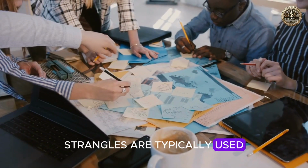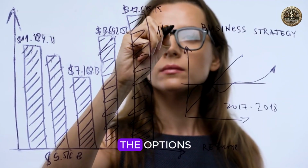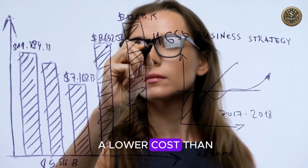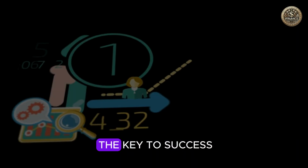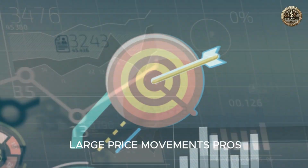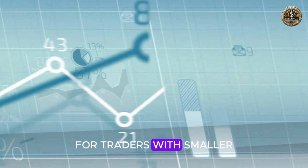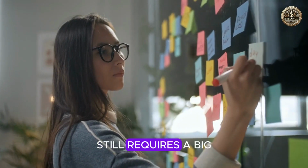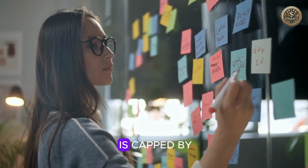Strangles are typically used when a trader expects volatility, but wants to minimize the premium paid for the options. While the strangle has a lower cost than a straddle, it still requires a significant move in SPY to break even. The key to success is identifying catalysts that can trigger large price movements. Pros: lower cost compared to a straddle, making it more accessible for traders with smaller budgets. Cons: still requires a big move in SPY to generate profit, and the profit potential is capped by the strike